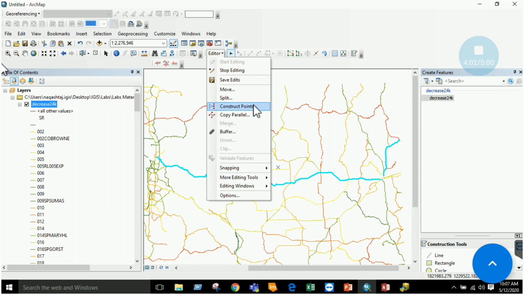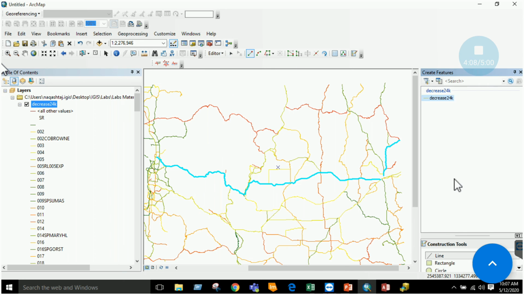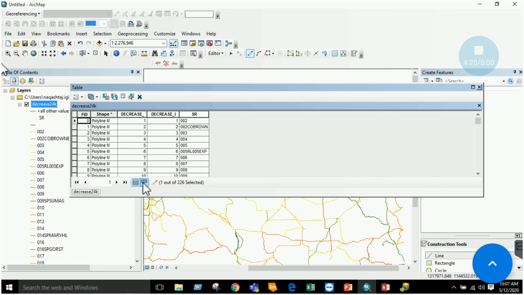So these are some basics of vector data. You can edit the vector data. For example, I have started editing, selected the line, and I can draw some new highway or some new line using the editing tool. So this line will now be added over here at the last. So I can enter some information. For example, let's say 250 and let's rename it as 360.